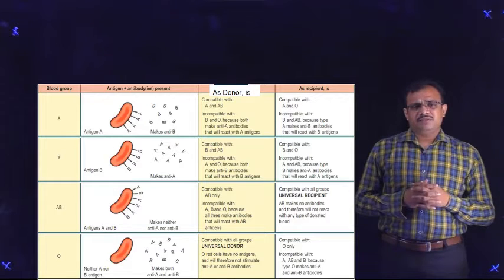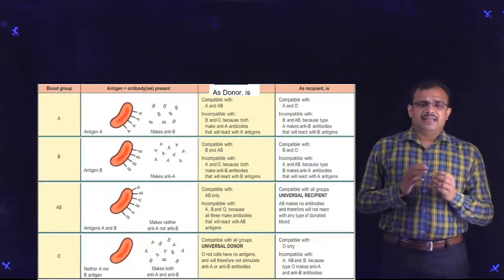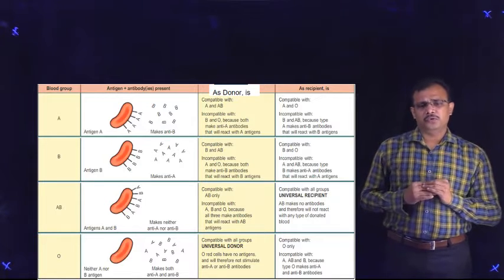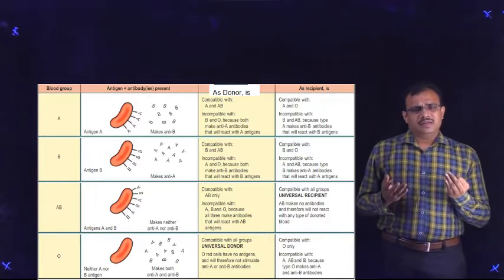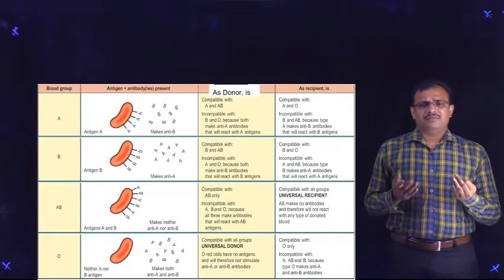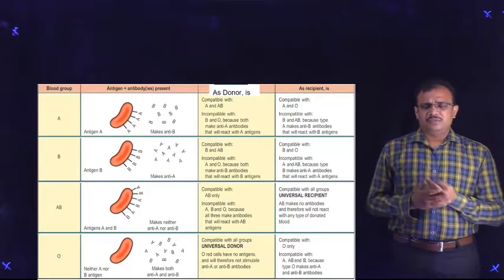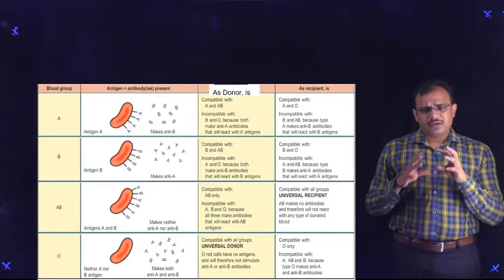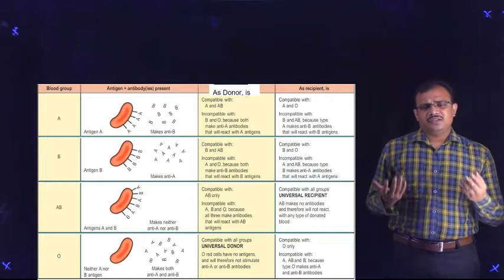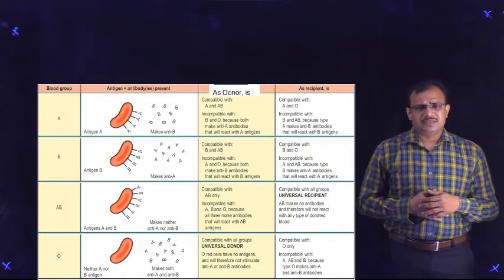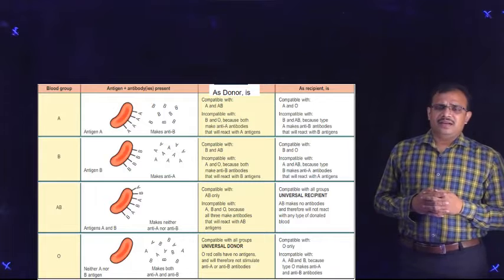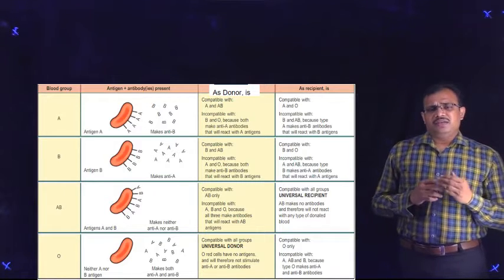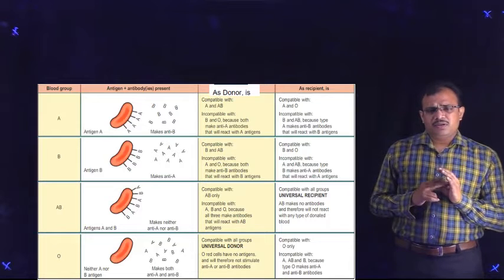and these individuals can receive blood from either A group or O group, because A group individuals will have only the same antigen and antibody in that blood, whereas O group individuals, since they do not have any antigen on their surface, do not react with any antibody that is present in the individual. And A group blood can also be given to individuals with either A group or AB group,